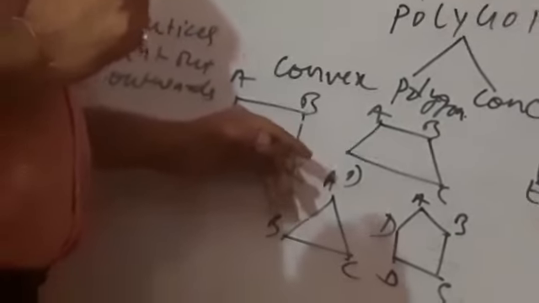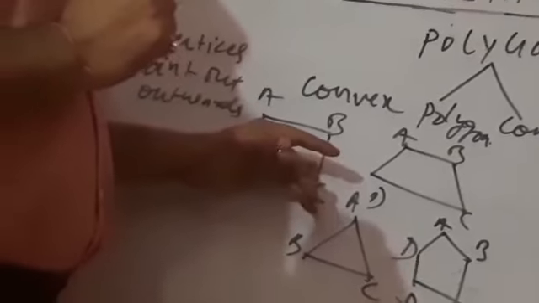Next, one more piece of information that I could share with you all. None of the angles would be more than 180 degrees for a convex polygon. You could see angle A, angle B, angle C, angle D. Suppose this is a rectangle, so it is 90 degrees. So what is the criterion? The angle should not be more than 180 degrees for a convex polygon.